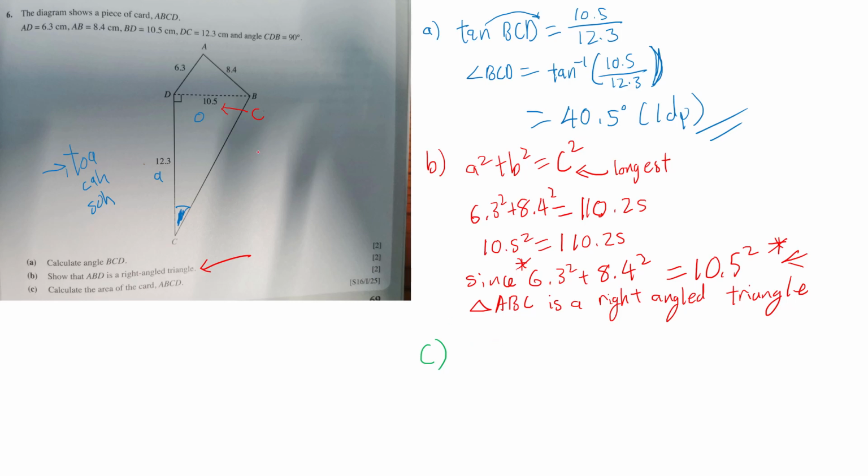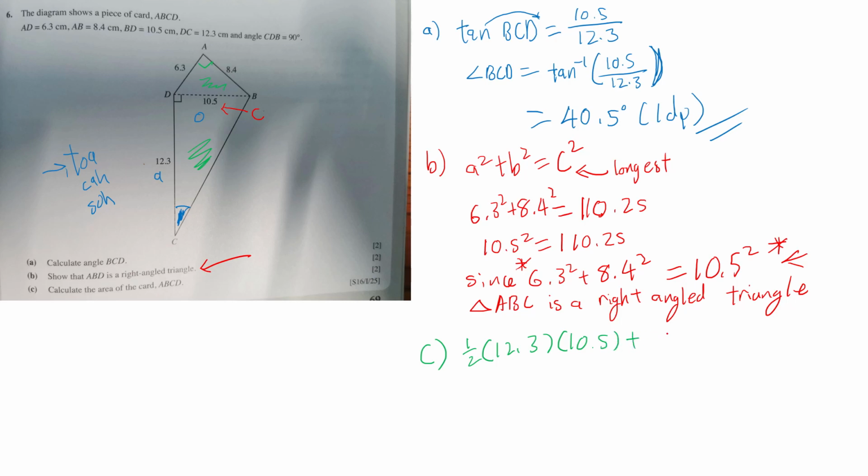Since these are right angle triangles, we just do half base times height for everything. So we just take this triangle, half times base times height, and we just take this triangle, half times base times height. That's all. So half times 12.3 times 10.5